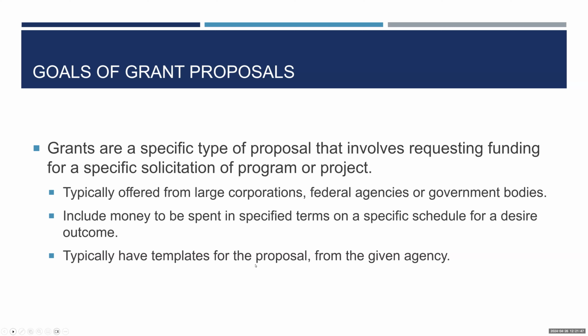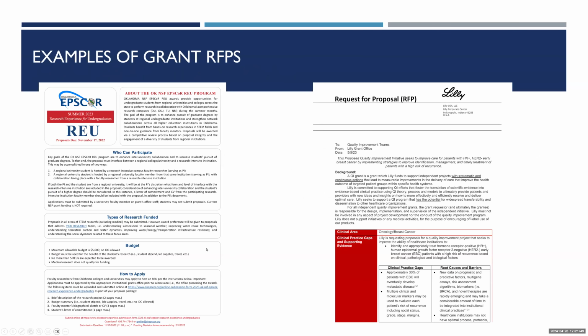And so I've got two different examples here. One is actually from an undergraduate research in Oklahoma, and then the other one is from the Lilly Corporation here in Indiana. So all of these are types of documents you might interact with over the course of your career